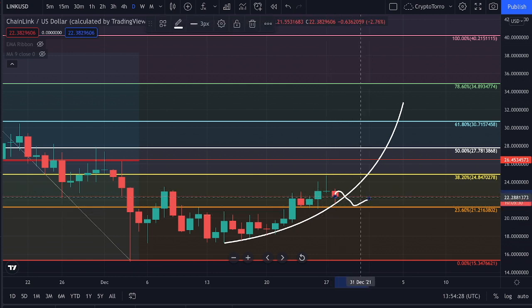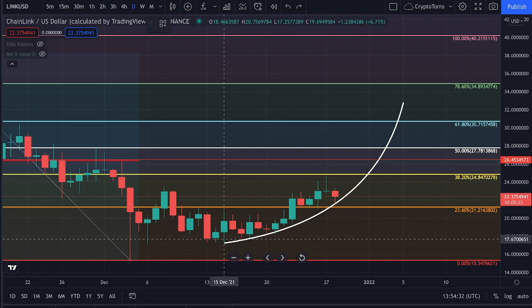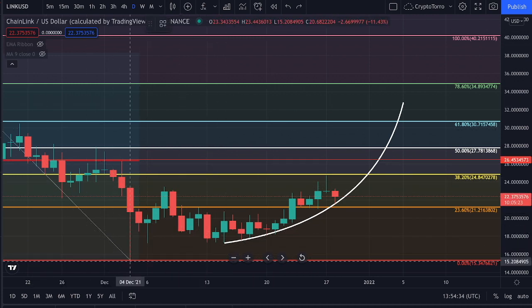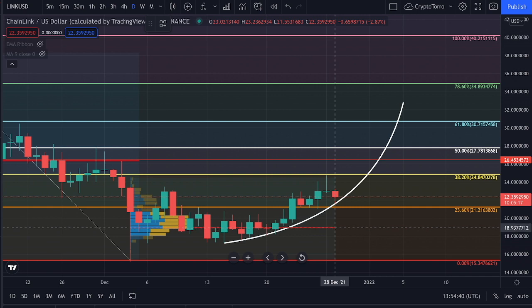Well, at that point in time, we have to take into consideration which levels of support and resistance are underneath us. Therefore, I will be selecting the swing low towards swing high fixed range volume profile. And what you can see right here is that we will be seeing a major level of support at $18.98. So therefore, if we do right now see a further increase in price action, we could see a rejection taking place underneath the